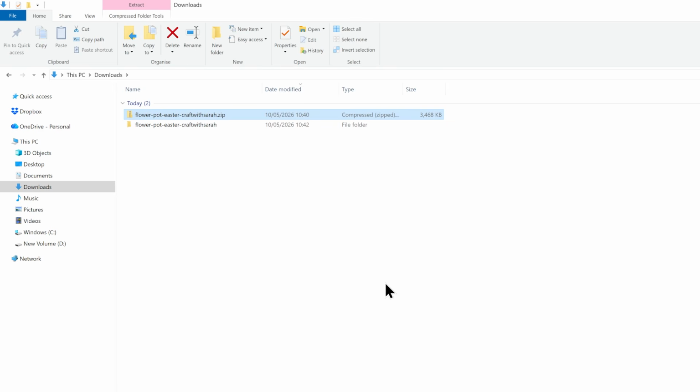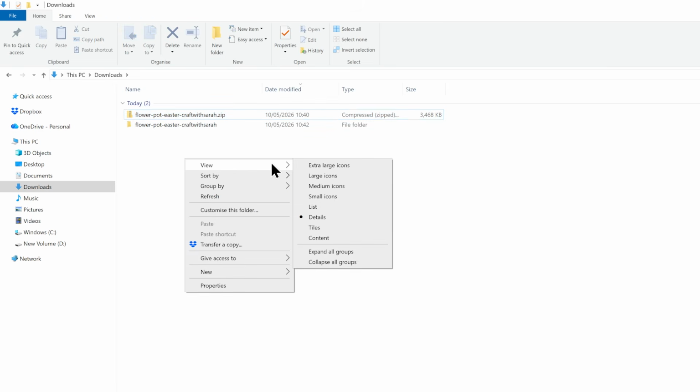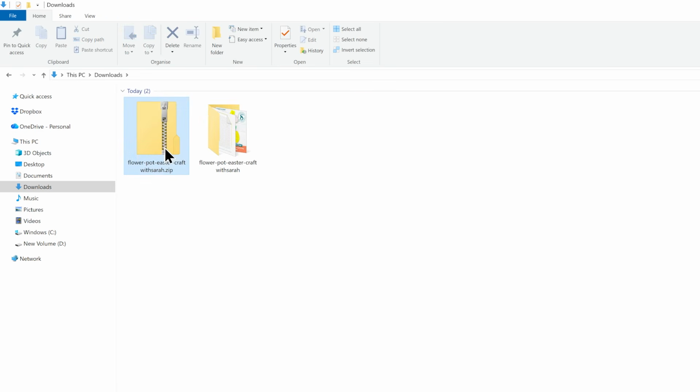That will make a copy of the folder, only this time it doesn't have the little zip picture along the side. If you want to at this point, you can click on the original, the one that does have the zip on the picture, and it will end in .zip in the folder name. Please note that depending on your computer settings, you might not see the .zip at the end because some settings will hide that for you. But you know which one is the zip one because the picture has a zip. And let's just show it to you a bit bigger. There we go, that's the one.